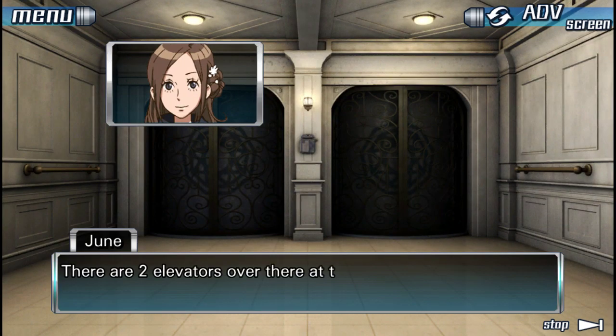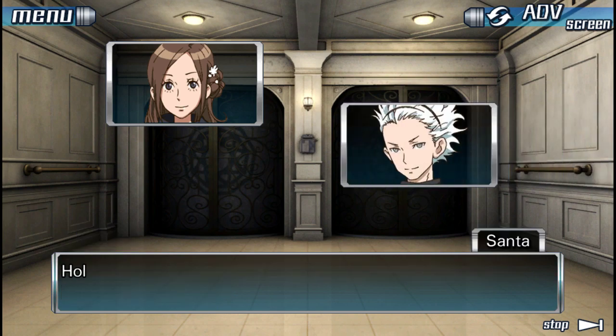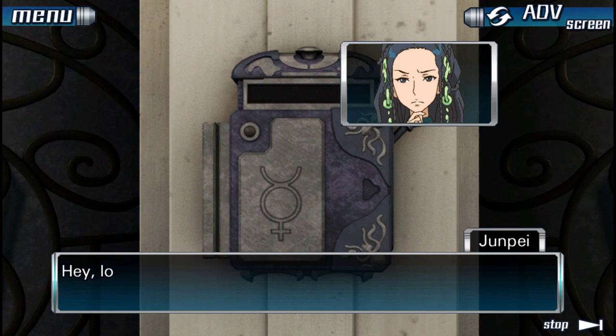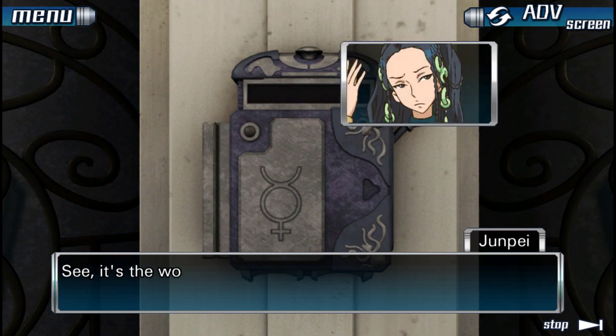There are 2 elevators over there at the top of the stairs. Just like the floor above. Hold on. These are kind of different. See? There's a card reader on the side. Another strange mark. Hey, look! It's Lotus's symbol. Huh? See? It's the woman symbol with horns on it. That seems like...